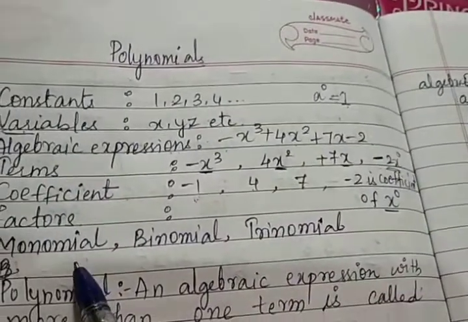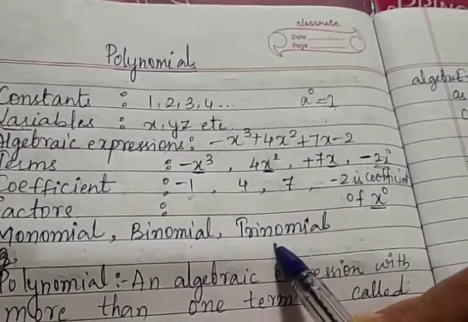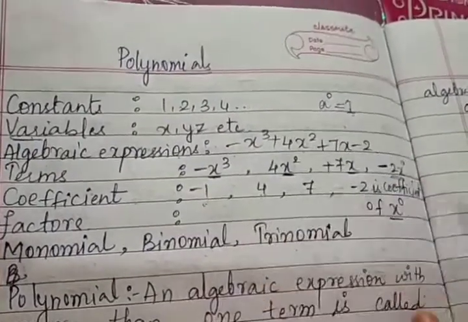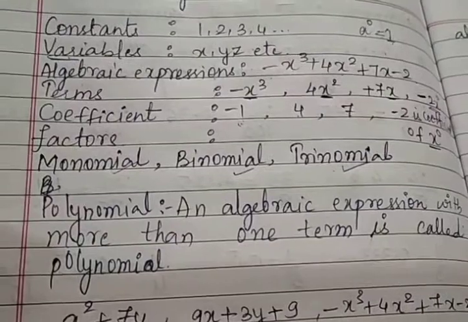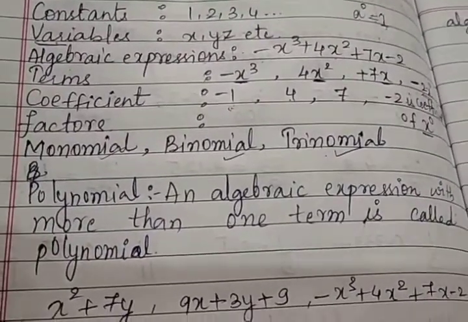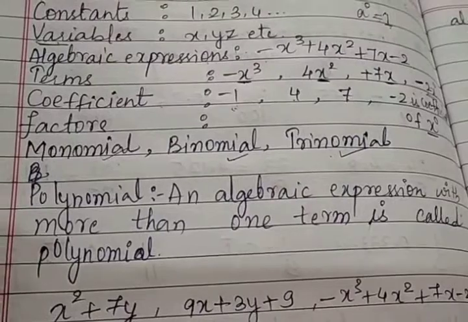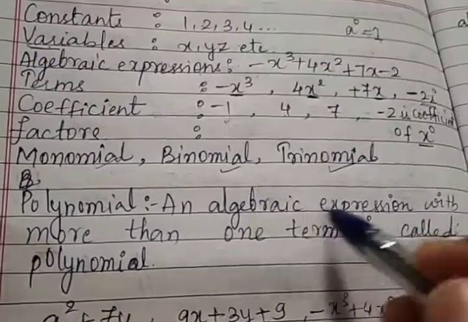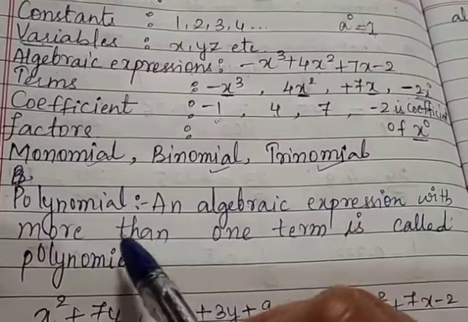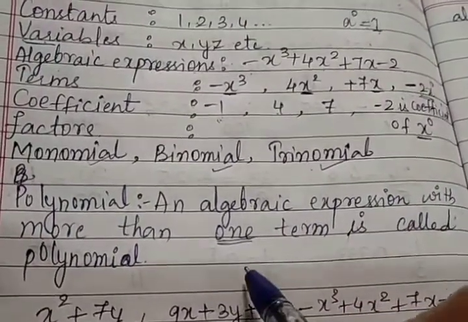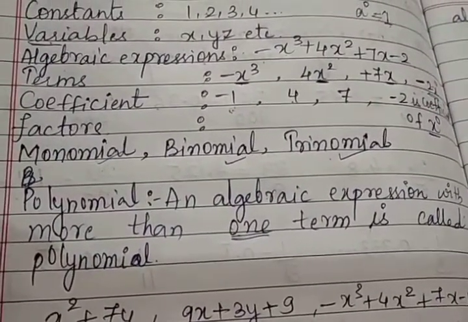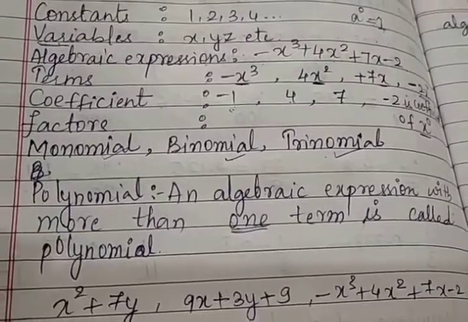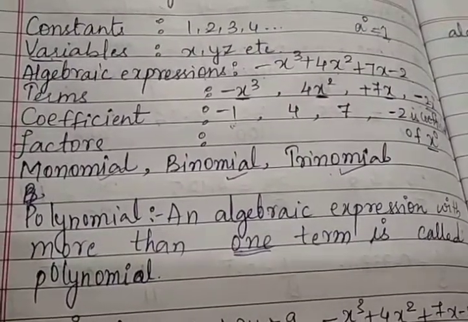You have also studied monomials, binomials, trinomials. That means the algebraic expressions which have 1 term are monomials, 2 terms binomials, 3 terms trinomials. And polynomials, I have seen most of the children say that a polynomial is an algebraic expression which has more than 3 terms, like 4 terms and more than that. But actually it is not true. A polynomial means an algebraic expression with more than 1 term. That means a binomial is also a polynomial, a trinomial is also a polynomial, and any algebraic expression with more than 1 term is called a polynomial.